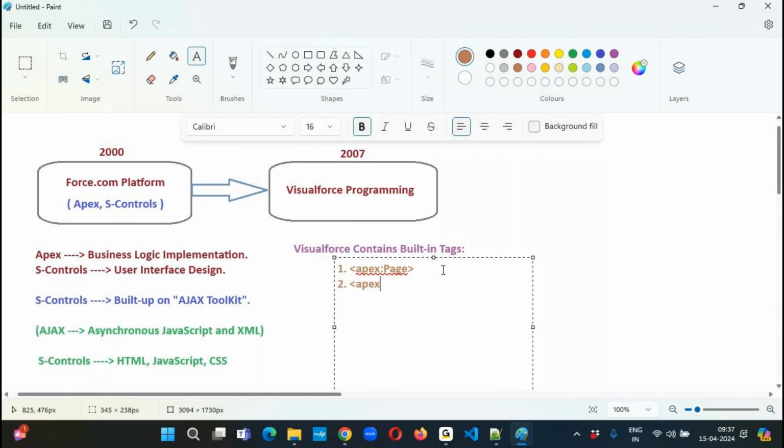Then we have the Apex form tag, the Apex page block tag, the Apex section header tag,